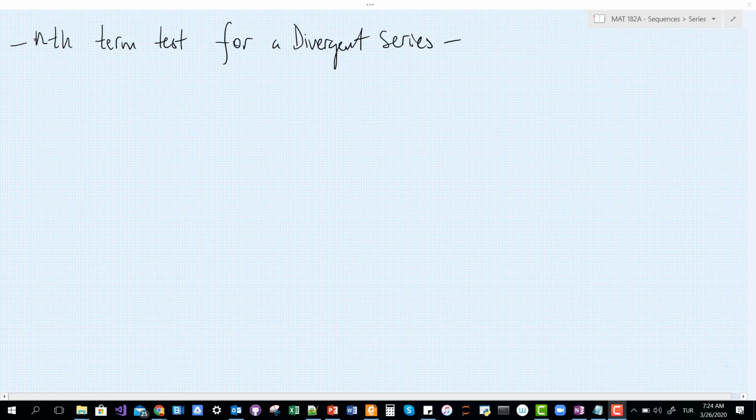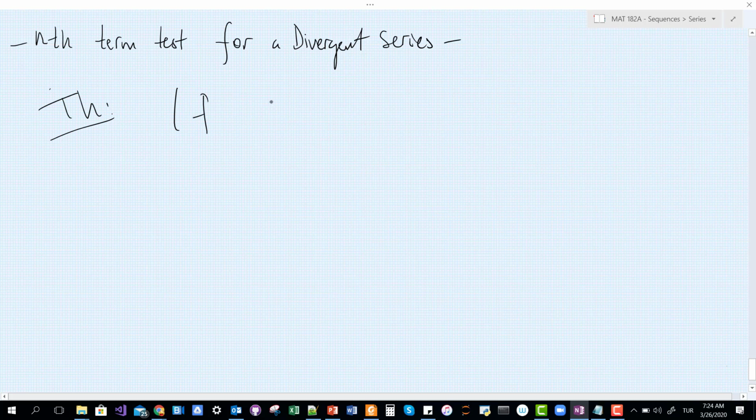But saying the divergence is going to be more correct than saying the convergence after this test. Let me explain what I mean. This is the end-term test, a theorem. The theorem says